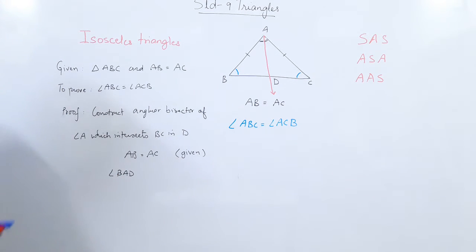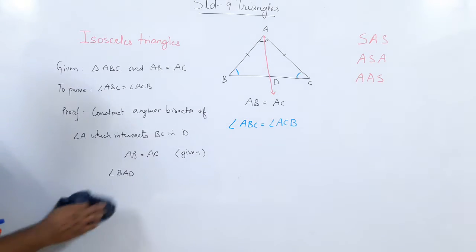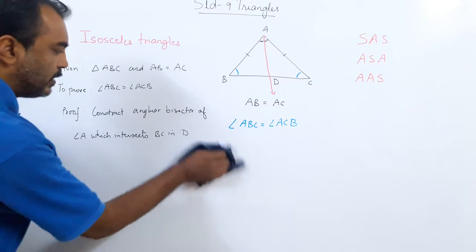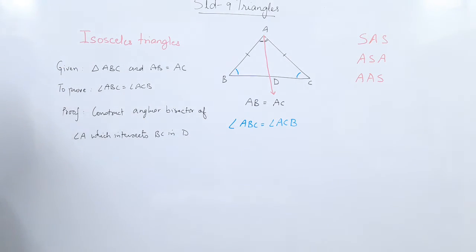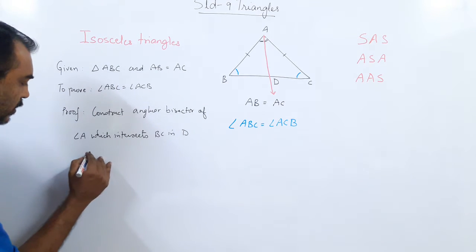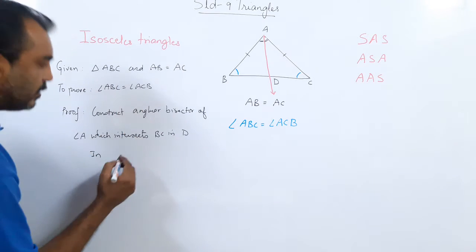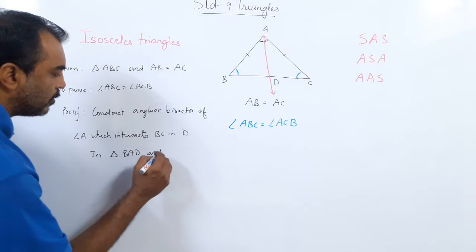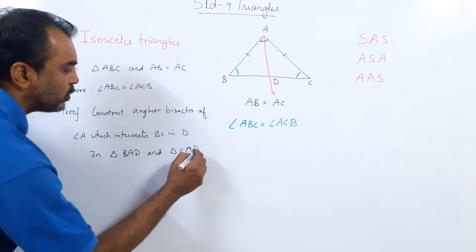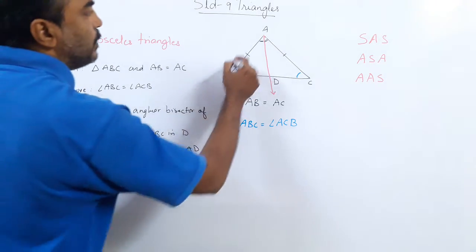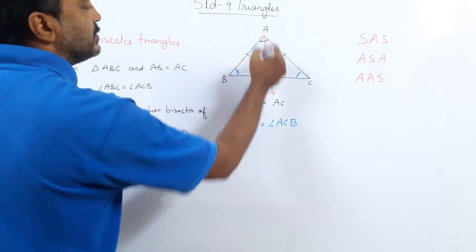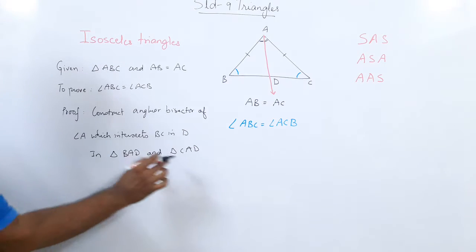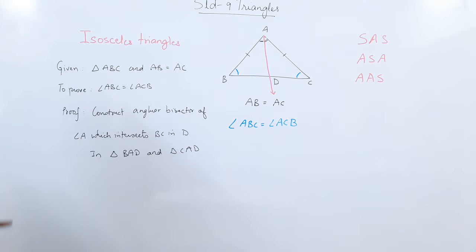Okay. This is also not the first thing to be done. Sorry, just a minute. Why? Before we prove that, let us see which triangles we are taking. So that is the first thing. We take triangle BAD and triangle CAD. First look at which triangles I am taking. I am taking BAD, this triangle, and CAD, this triangle. So I am taking these two triangles. That is a very important step which I forgot.